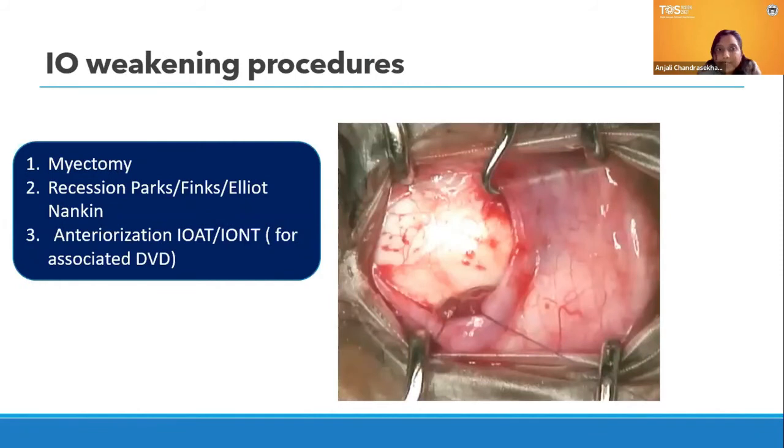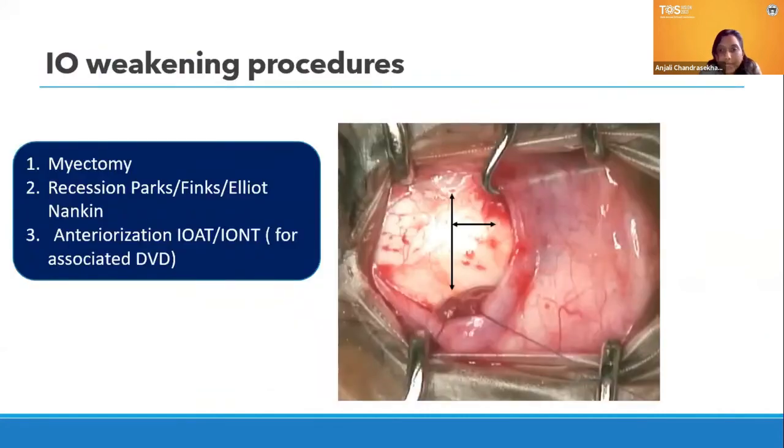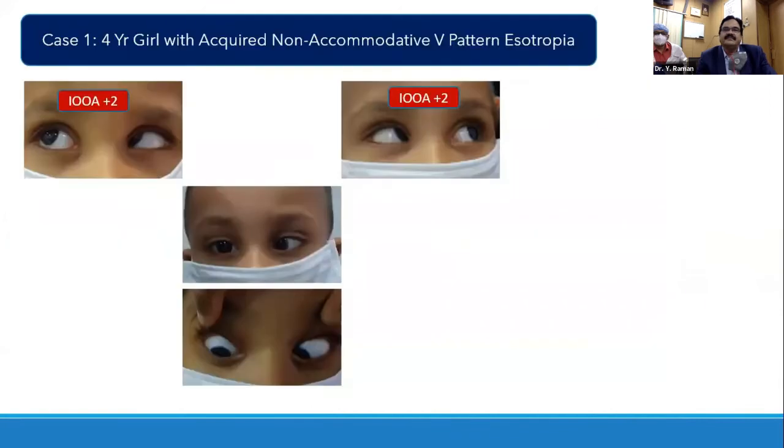IO weakening procedures, many of them are there. We normally prefer recession of the inferior oblique if there is no DVD. If there is a DVD, we go for an IOAT or IONT. Like here, we can see the position of the inferior oblique, how it is positioned behind the inferior rectus. So this is an example of a 4-year-old girl with V pattern exo with a bilateral 2+ inferior